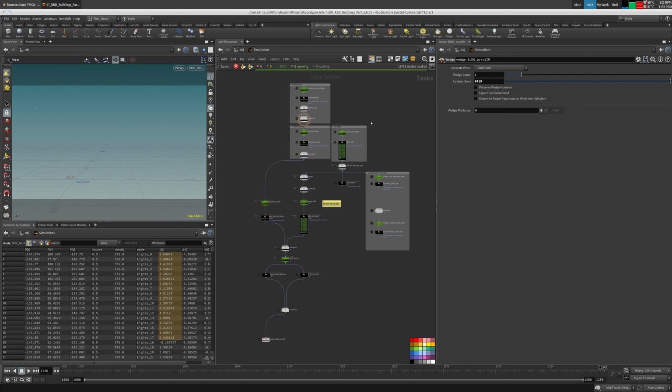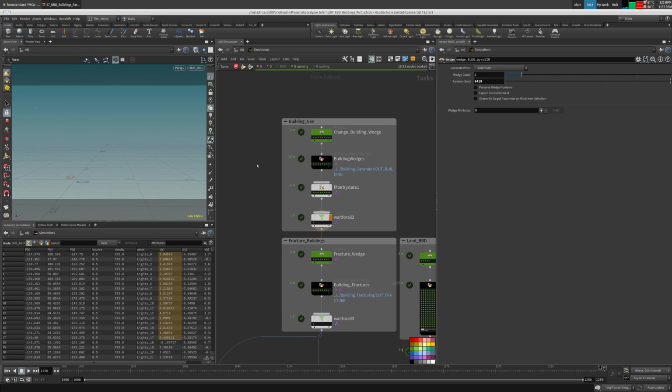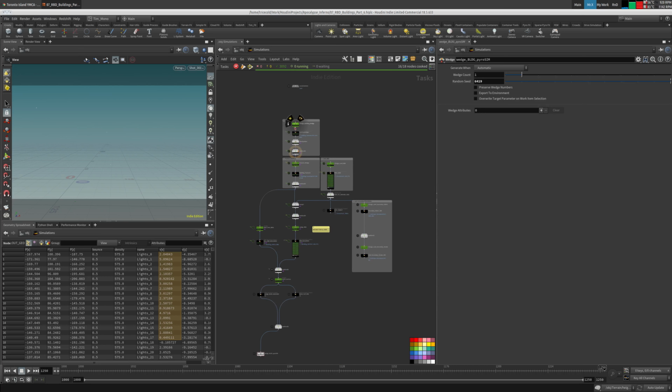Okay, and this is actually a pretty good workflow, even if you're generating anything. So you can start even without starting anything in the SOP level. You can lay out your plan like this, and then you can start generating the SOPs. And this way they're going to be a bit easier to follow up. Everything is empty, but you know that you need to create a building, you know that you need to fracture it, you know that you need to do this, you know that you need to do that,